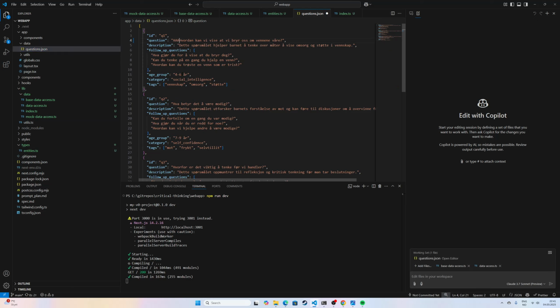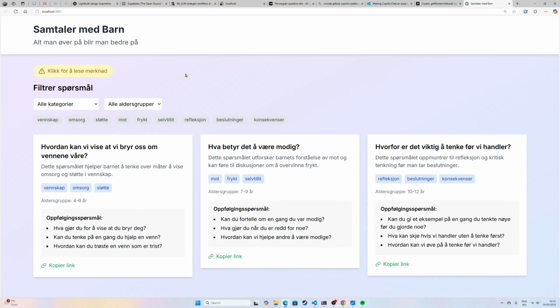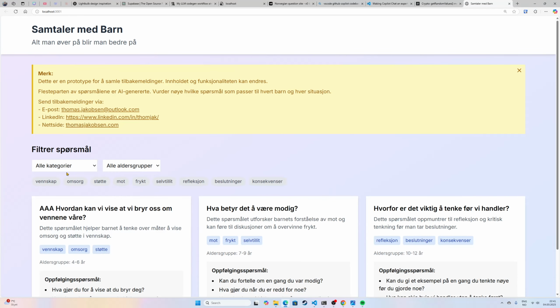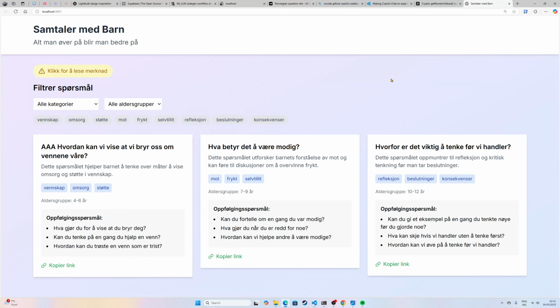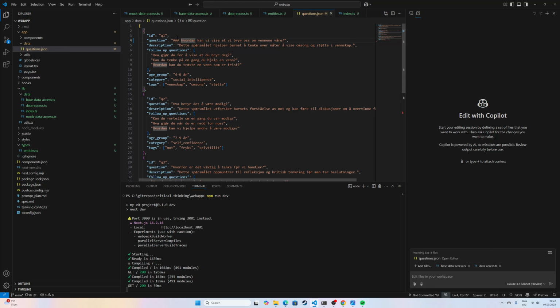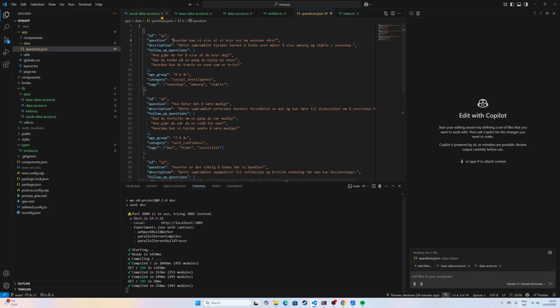If I just do a lazy way of testing here, we can see that it's still fetching data from the JSON file here, which is okay, because let's have a look at our